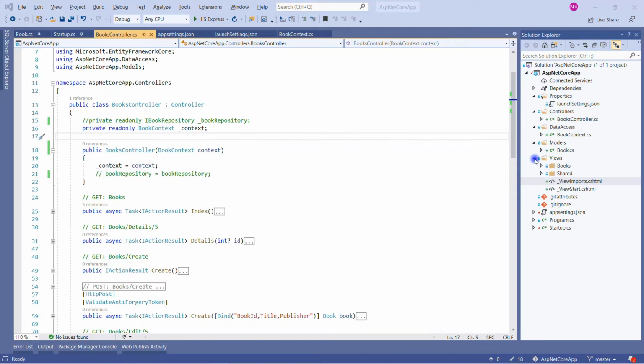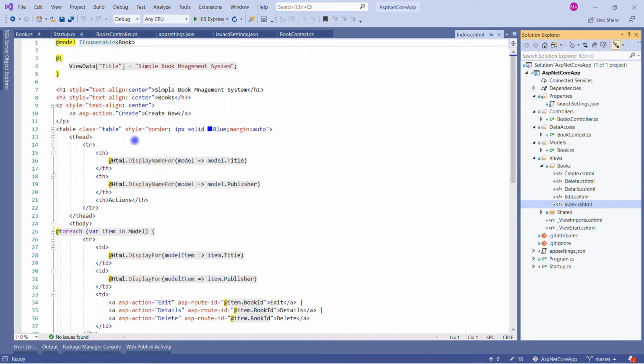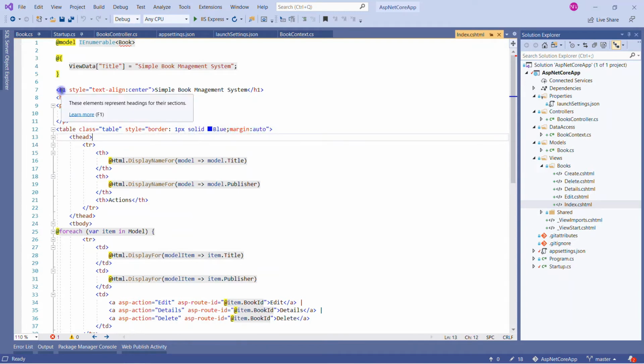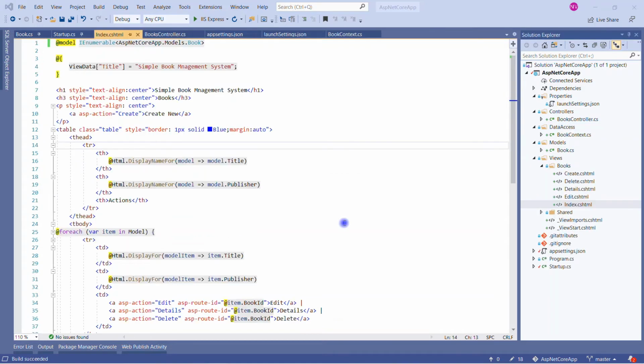Let me make a few more changes so the application looks clean. So in the index one, which is going to open by default, I've applied a simple style of border 1 pixel solid blue and margin auto. Okay, and this margin is for center align. If I want to apply the same properties to the h1 tag or the paragraph tag, in that case we should use the text-align property center to make it center align. And one more important thing, when we added the books controller, at that time required NuGet packages, required views are already added. Let's build the changes.